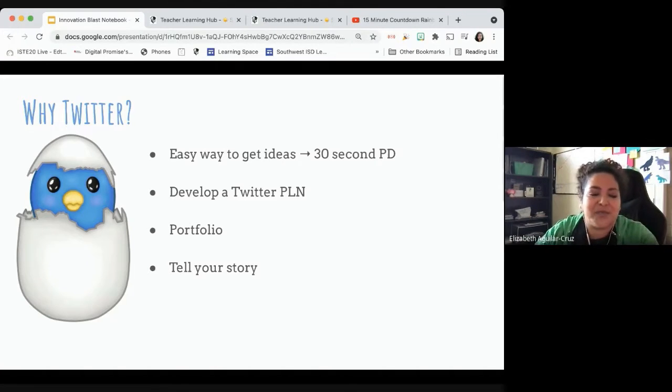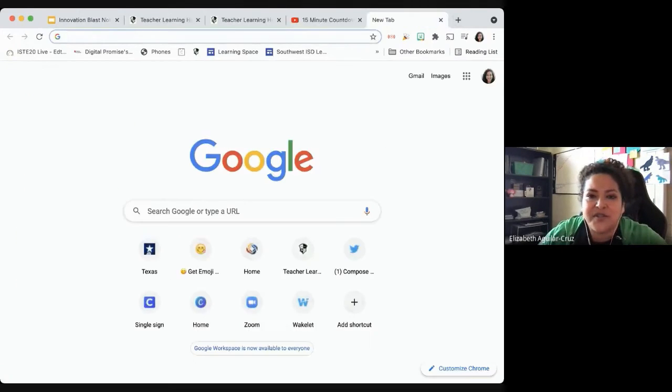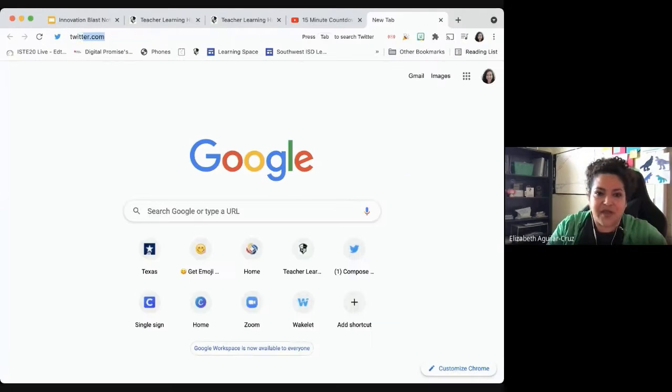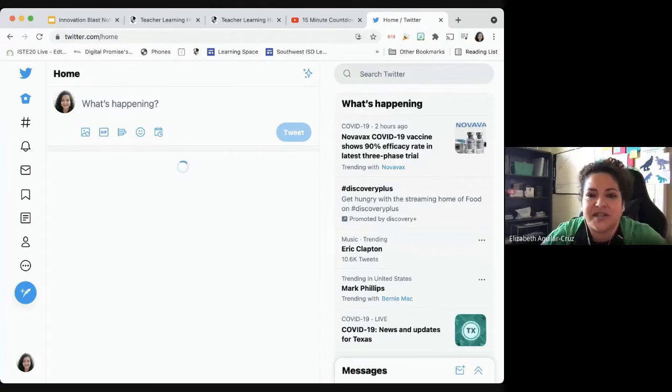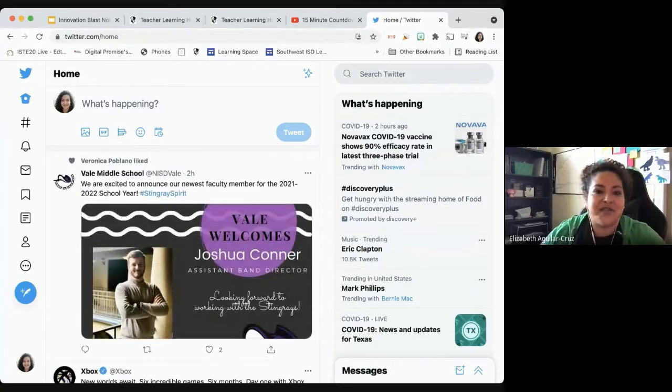So if you go in and you follow or you tag your campus Twitter accounts, it's a quick and easy way to make that connection, to build that story so that other people can see what is happening in your classroom, okay? So let me show you just really quick an example, just so you can see a quick glimpse of Twitter if you haven't already. I'm gonna get you guys in here. Okay, so this is my Twitter feed.